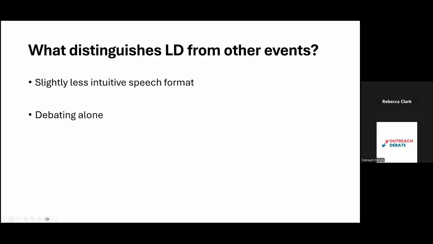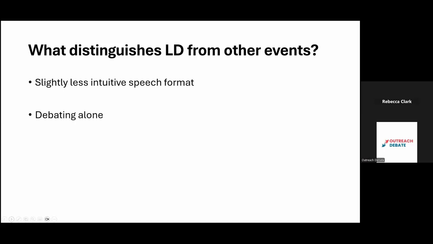For me, I enjoy the individuality, and I don't come from a very good school team, so I couldn't see myself partnering with anybody that attends my school and would be a good teammate in another format for me. So I just don't see that level of compatibility, and that attracts me to LD because I like the individuality. But for a lot of people, they find it to be lonely.